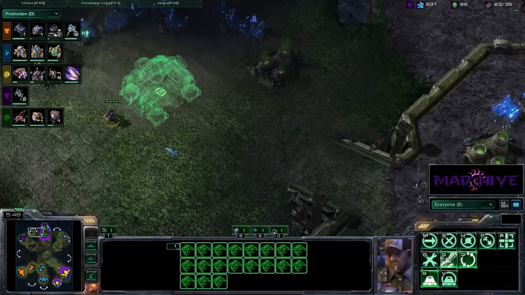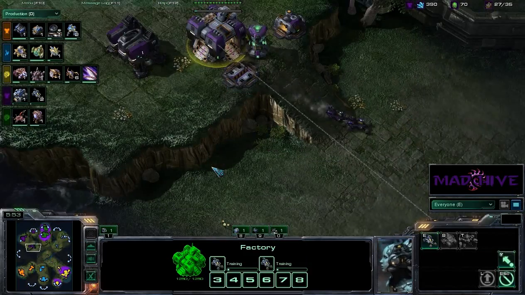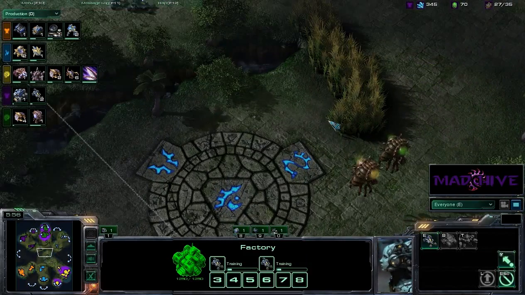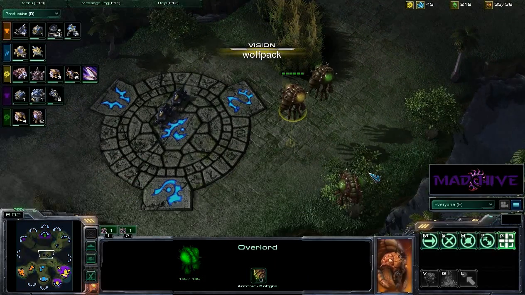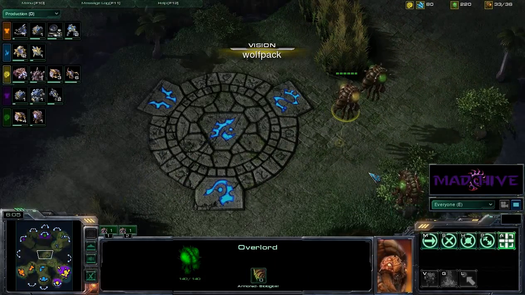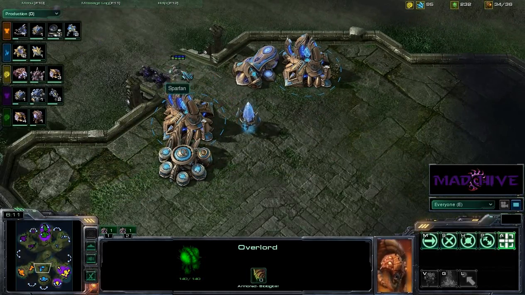But no, looks like I have decided to take an expansion now. The Hellions are pumping out now. It's like they're rallied to the center of the map, but that is going to allow Wolfpack the opportunity to see them, so this is probably not the best idea. It's not like I don't know that they're here, but if he wasn't watching, they just slipped right through, and they're going to slip right past...